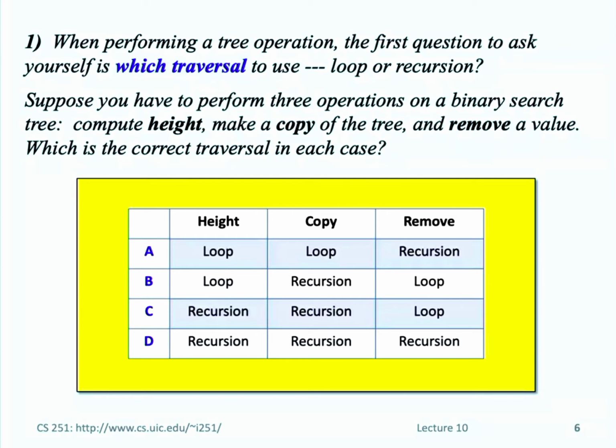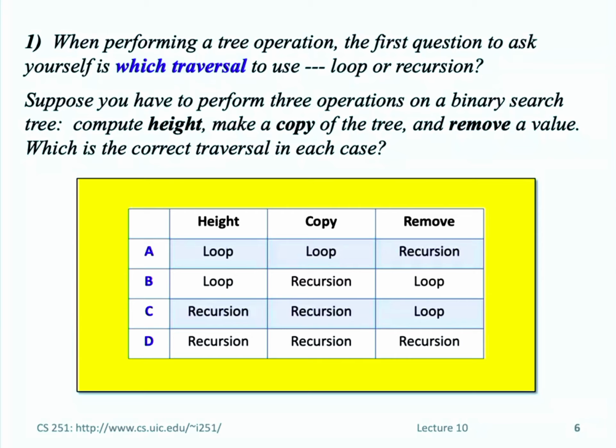So anything that requires more of a holistic view or involves visiting all the nodes, you'll use recursion. Similarly, we use the in order function that we just saw, where we're printing out the tree. Because we were printing out all the elements starting from that current root node, we use recursion. Whereas iteration or a loop-based traversal is used when you want to do some sort of specific operation on